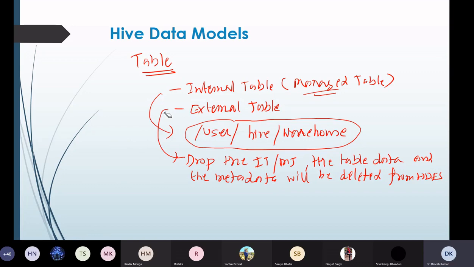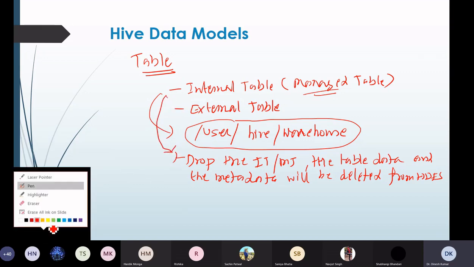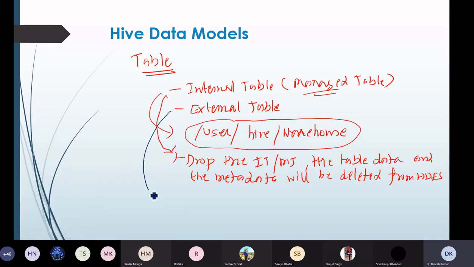But when we are creating an external table, the important thing is Hive does not manage the data of the external table. In case of internal table, Hive manages that. But if you create an external table, Hive does not manage the data.